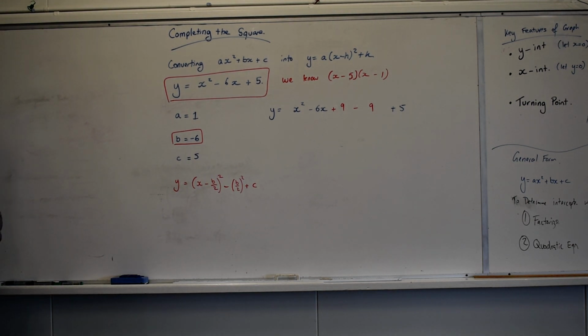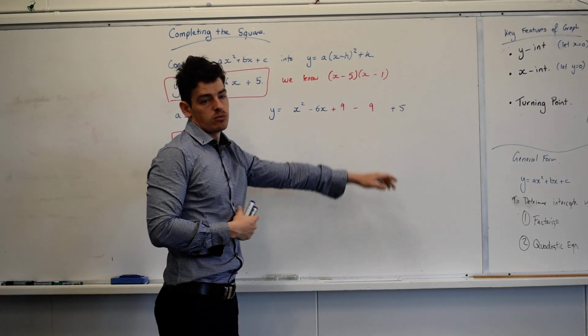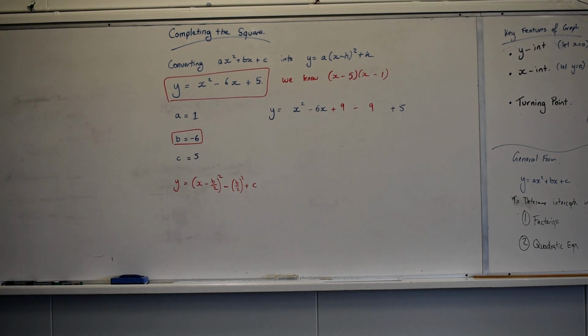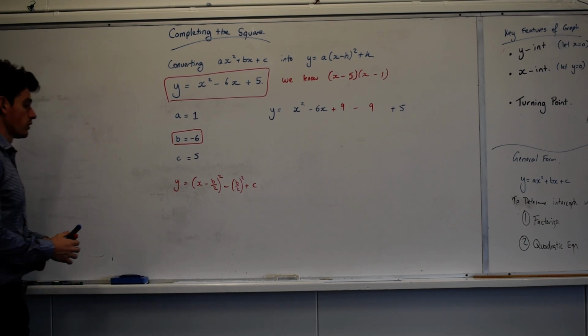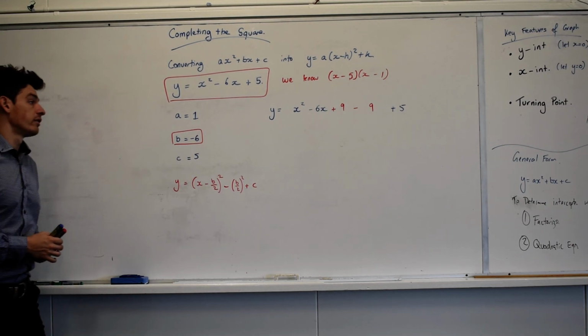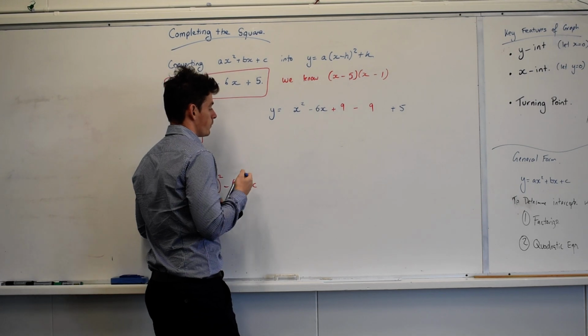So the reason I'm doing this, right, I've added, that's my original expression, I've added the red terms in. Now 9 was not selected randomly. Does anyone know how I got 9? Half 6 and square it, very good. So my next line of working